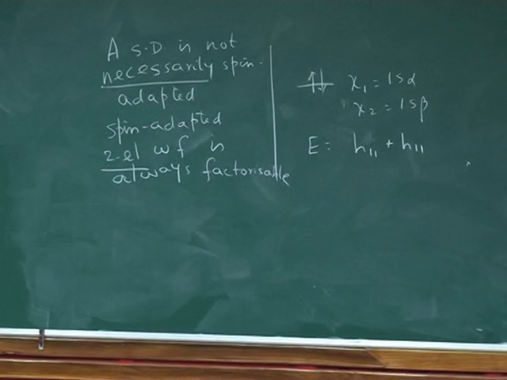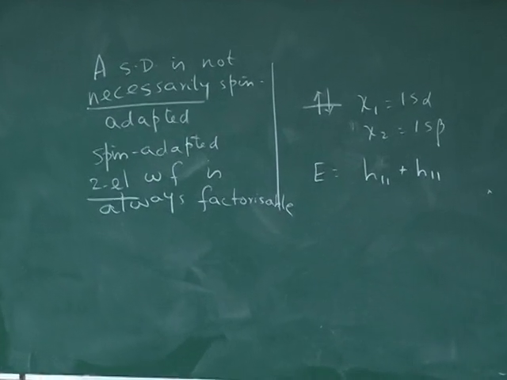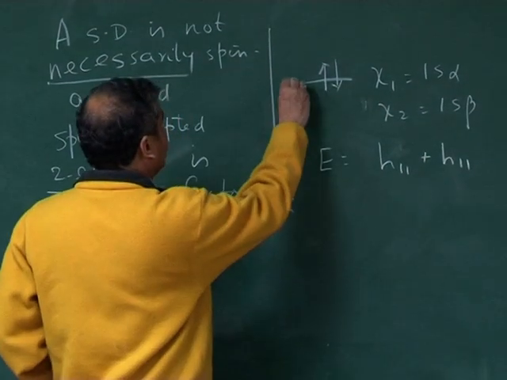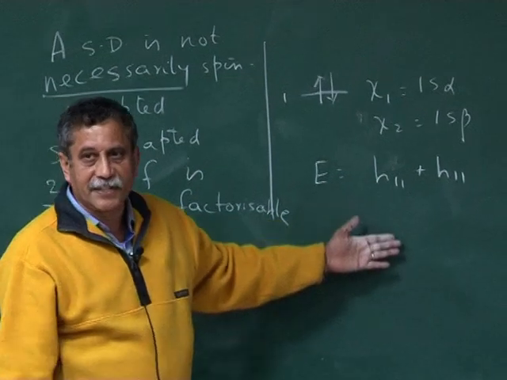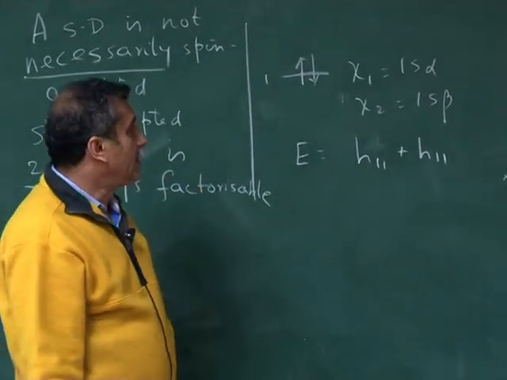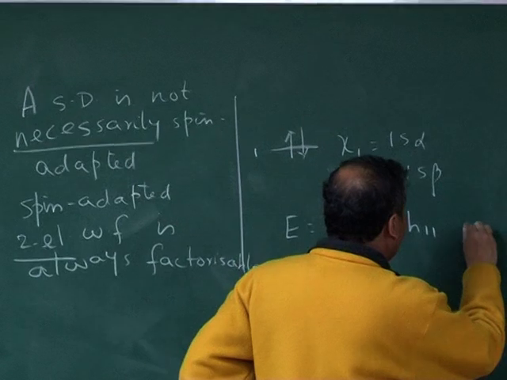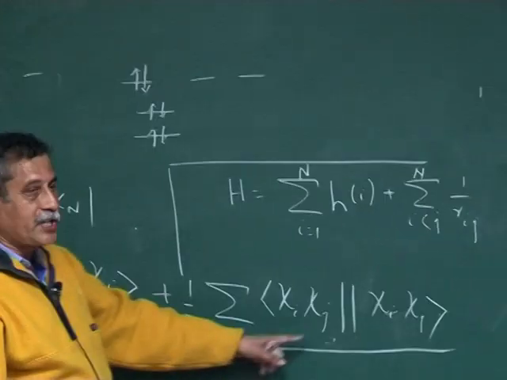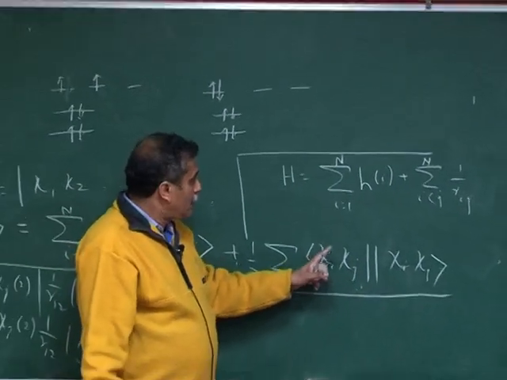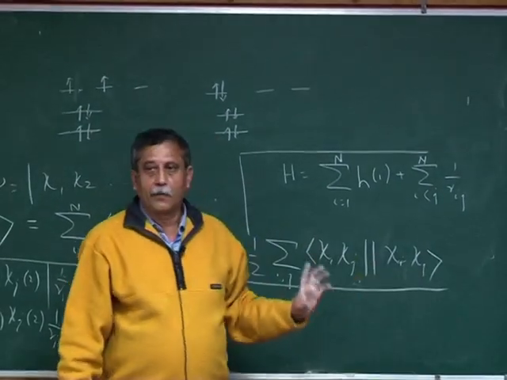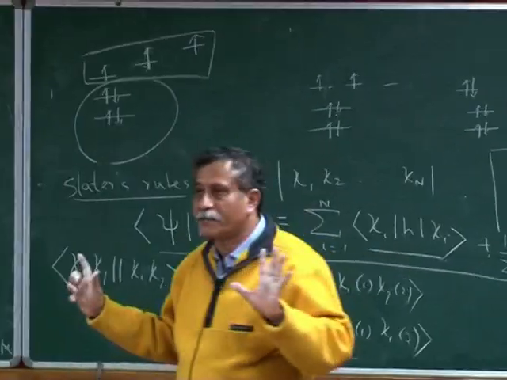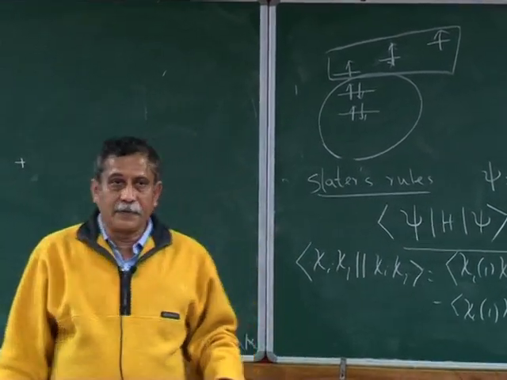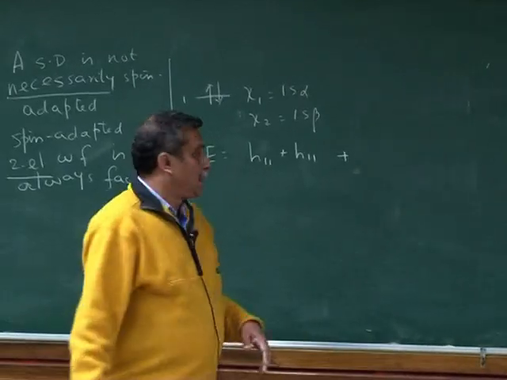So this summation over 1 to 2, each of them will give the same result, and I can actually write this as 2h_11. 1 is essentially 1s in this case. I'm not writing 1s explicitly. Then if I write here, I now have several terms. i can be 1 to 2, j can be 1 to 2. It can be 1s alpha 1s alpha, 1s alpha 1s beta, 1s beta 1s beta, or any combination, four combinations, with a factor half. With a factor half, yes. If you do this, then